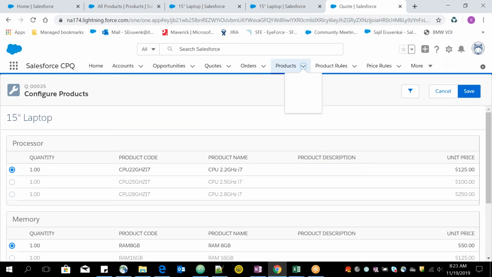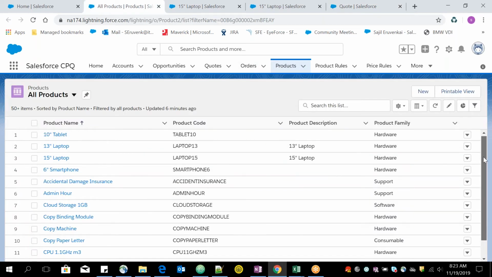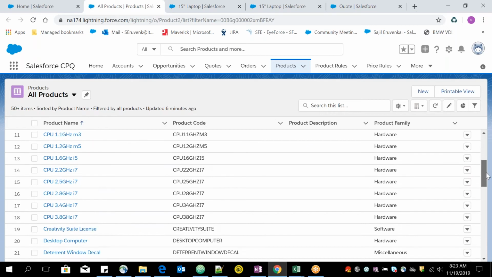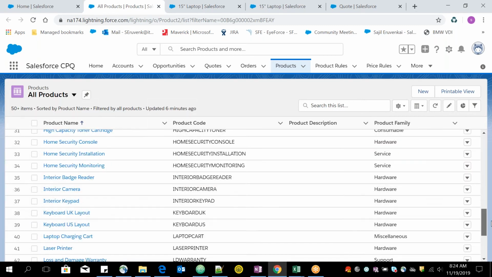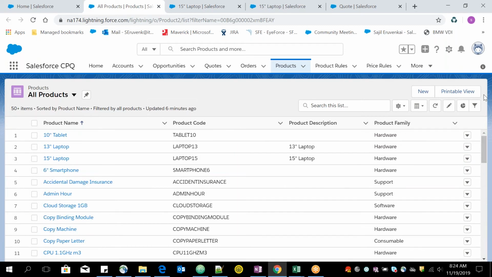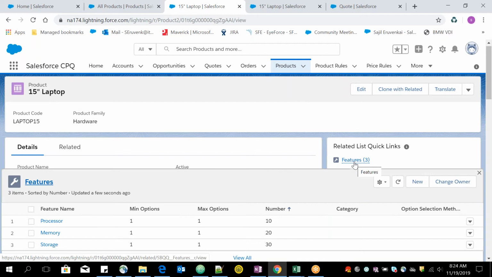So now let's do one thing. Let's go to the products. And let's add some miscellaneous products to this main laptop 15 products. So we'll add one more bundle. So to create that bundle, what I will do is I will go to the product. This is the same product. Now we are going to the new object which is called feature. So I will click on feature,